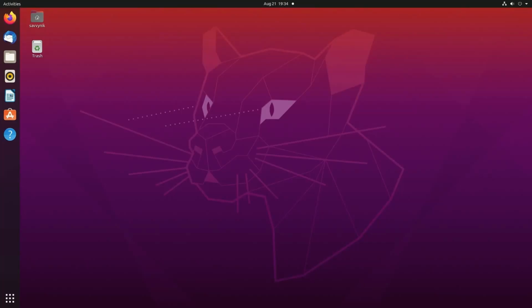Today I'll be showing you how to perform a distribution upgrade. I'm here on Ubuntu 20.04 and I'm trying to upgrade it to 22.04. Lots of people ask, do I really have to reinstall my whole system in order to upgrade to the latest and greatest release? Well, you don't have to, and I'm going to show you how to make a distribution upgrade